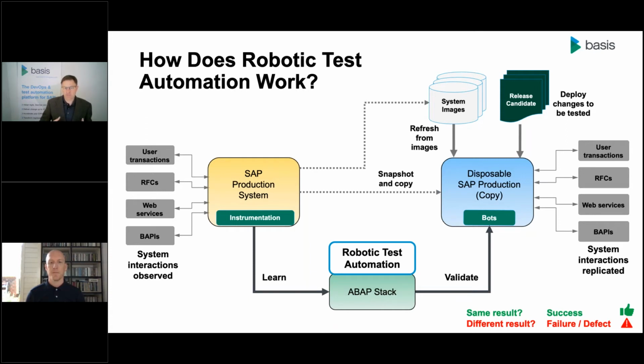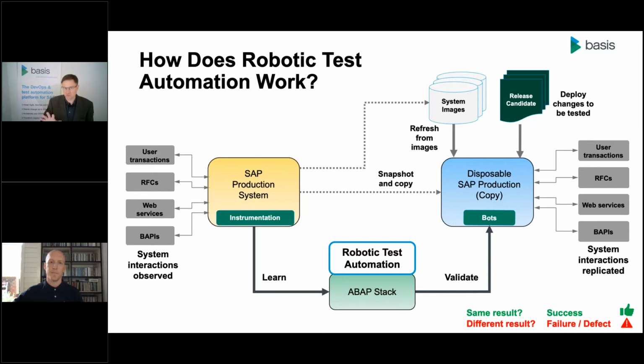So we talked a lot about the fact that you're having to create and maintain a library, or you're having to run manual tests. The thing about RTA is it solves what I'll call both halves of the testing problem. Not only does it have the ability to execute the tests, but perhaps even more importantly, it has the ability to understand what the test should be and automatically author them. So if you've ever spent any time writing test scripts, either for automated purposes or for manual testing, you know what a burden and what a heavy lift that is to go understand all the different ways business processes might be executed in an underlying system like SAP and create coverage for each of those,